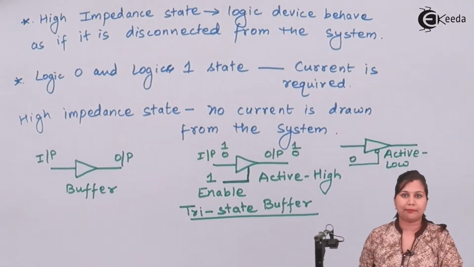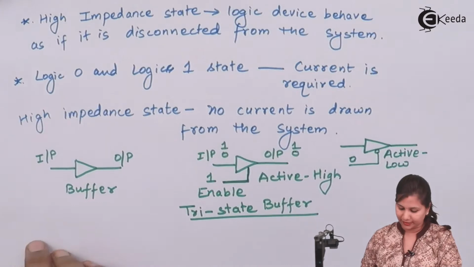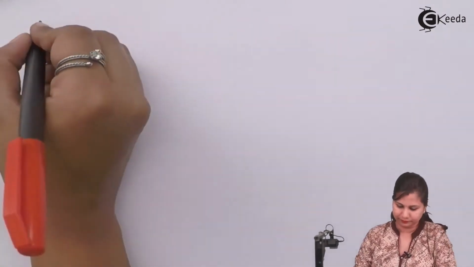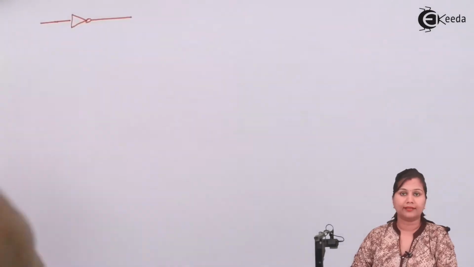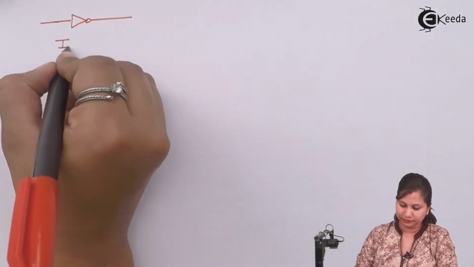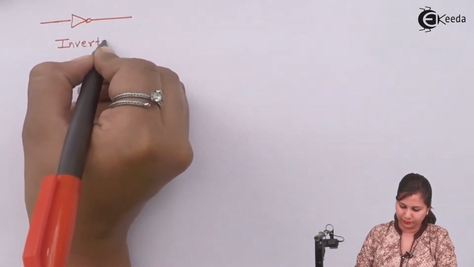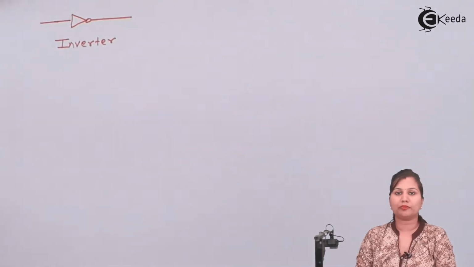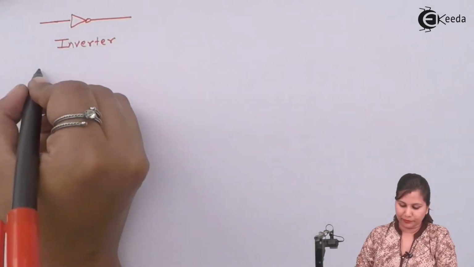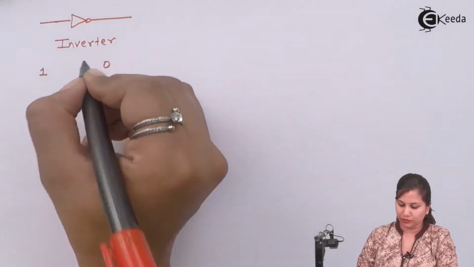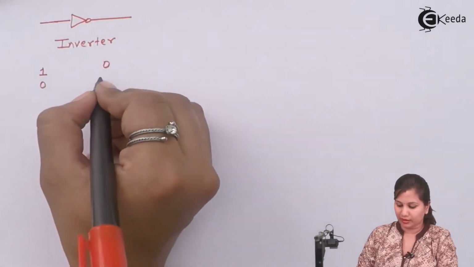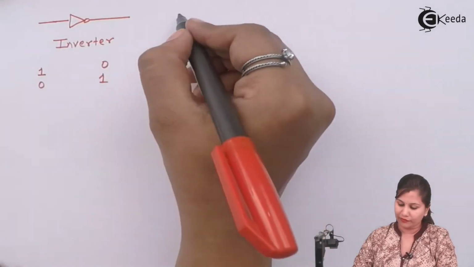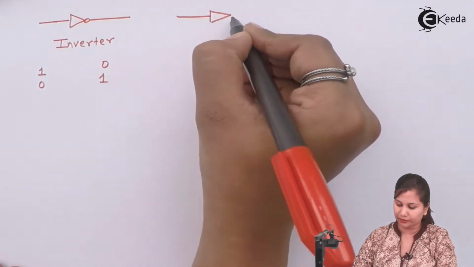Let's take another example of the tri-state logic devices. This is an inverter. So what does an inverter do? Whatever is the input, the output will be the reverse of it. Like if the input is 1, then the output is 0. And if the input is 0, then the output will be 1. Now this is a normal logic device. Now if we have a tri-state inverter,